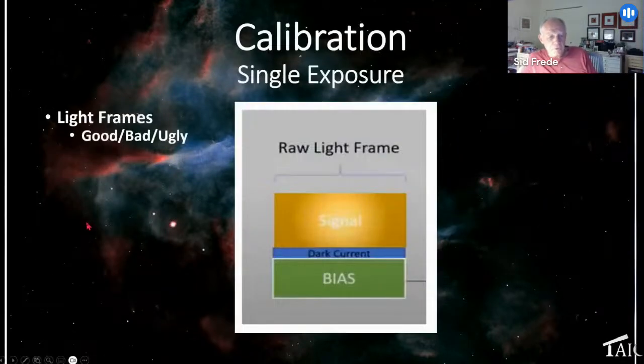So our single exposure looks like this. We've got the good and the bad and the ugly. The good is in here with our signal. That's the photons from our target. The bad is dark current and bias and things that are contributed by turning the power on our sensor. And the ugly are also photons we capture that are part of the signal. So how do we get rid of